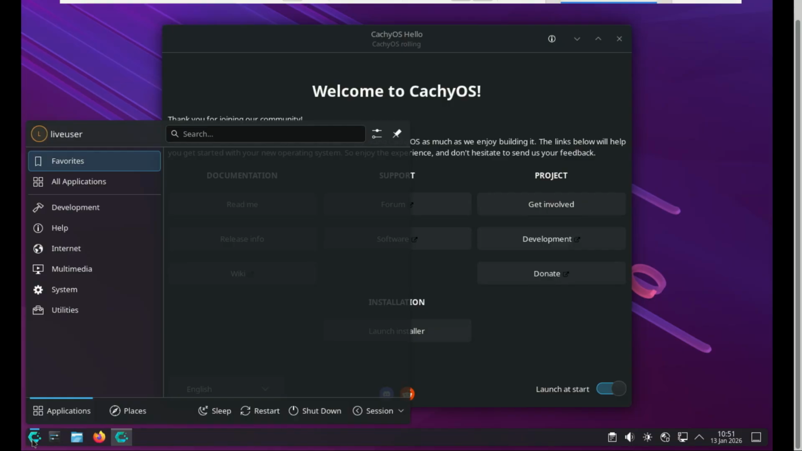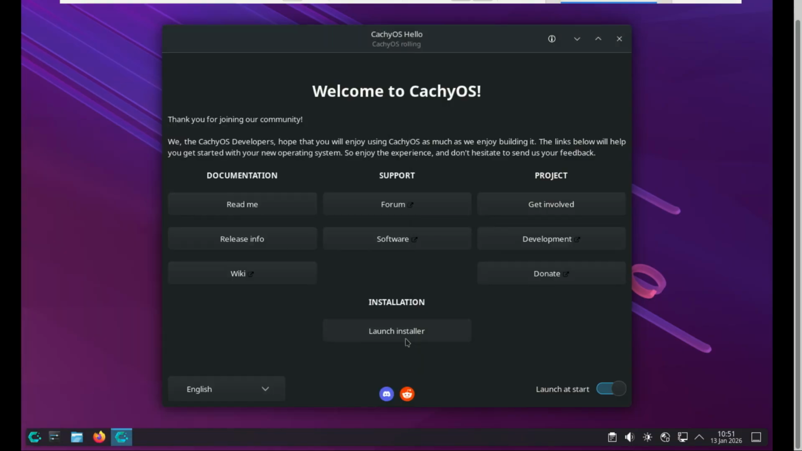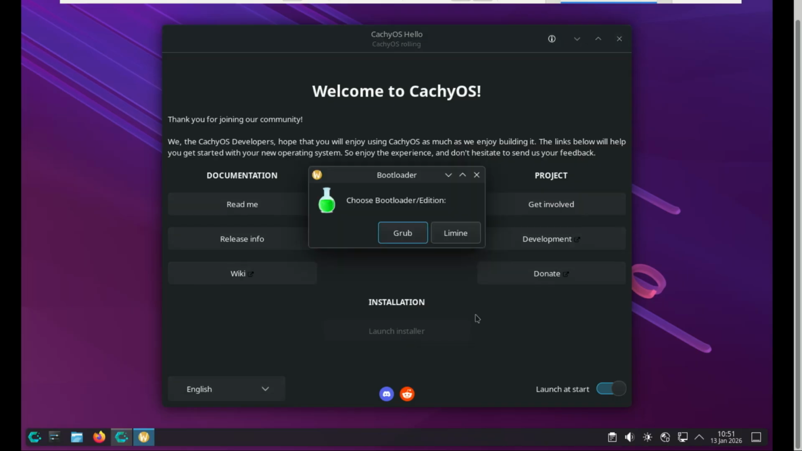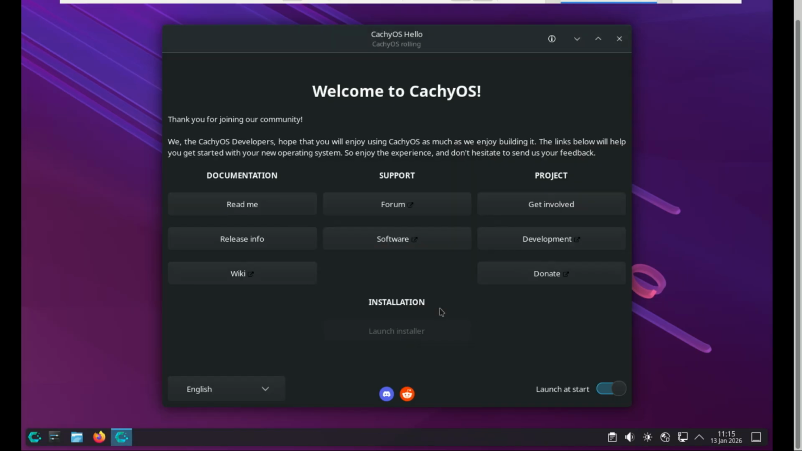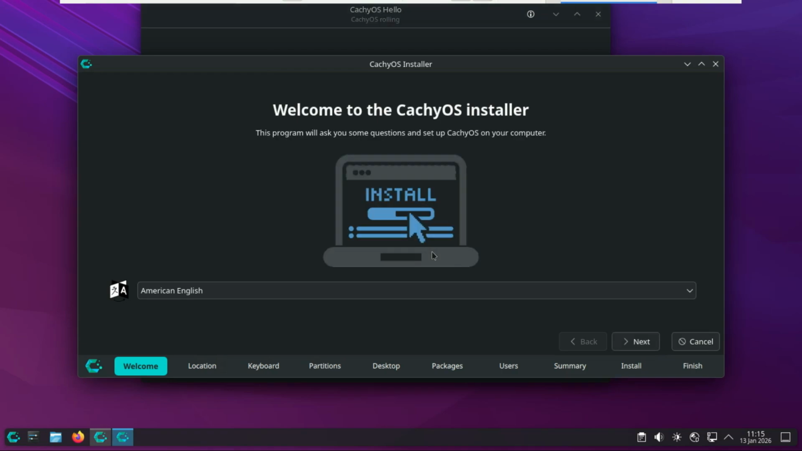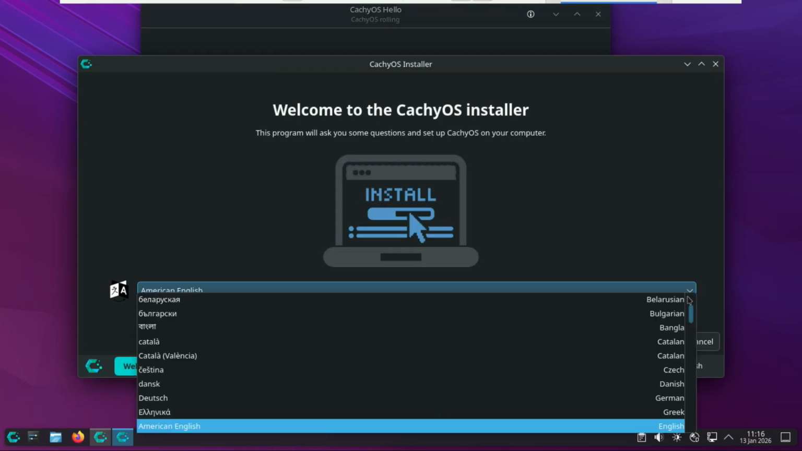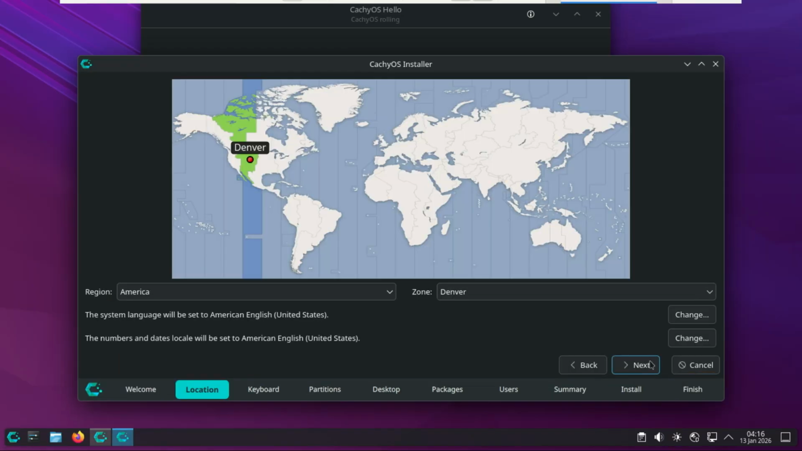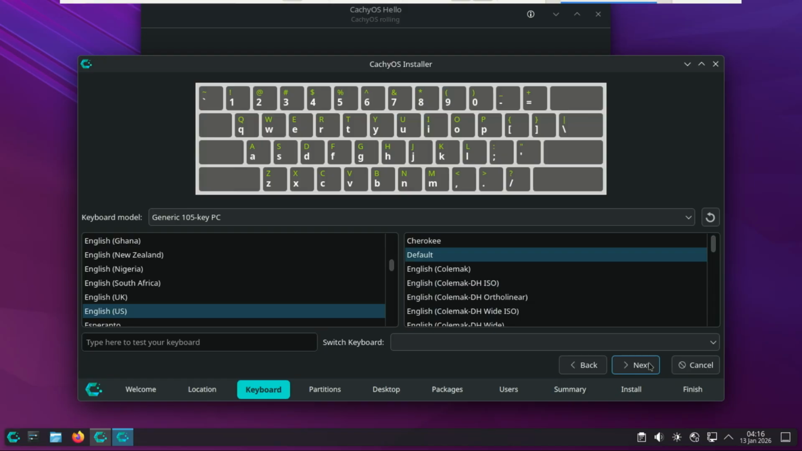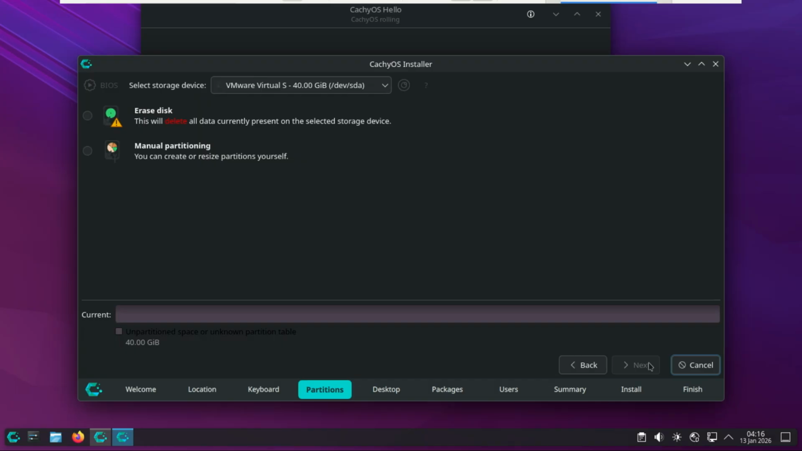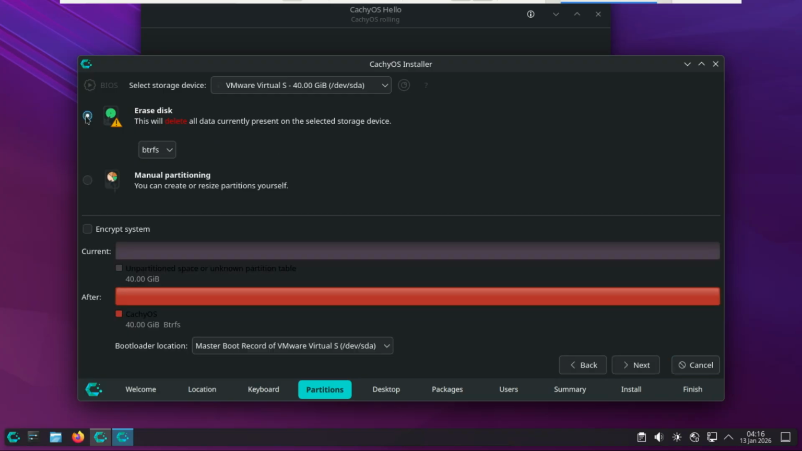On the desktop, click Install to launch the installer. For the bootloader, just select Grub if you are a beginner. Select your language and location. Here, select your keyboard layout. We only created one virtual disk, so just click on Erase Disk and leave everything else at the default, unless you want to encrypt your disk or change the file system,